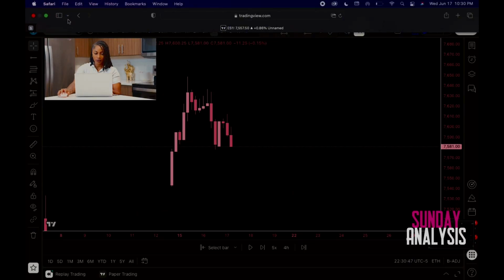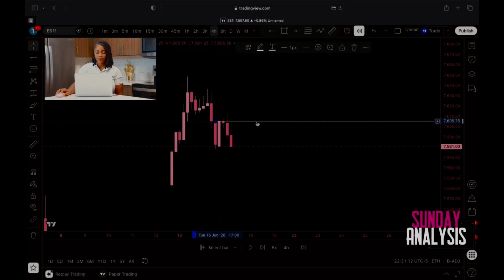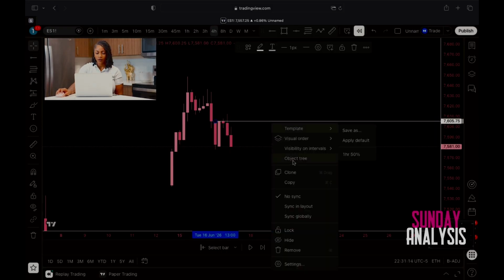So, first thing we're going to do is we are on the 4 hour. We are essentially looking at market structure to determine what our bias is going to be for the day. This is pre-market analysis. So, as you can see, we pushed up and made a high, made a higher low, a lower high, pushed down, created a lower low, pushed up, created a lower high. So at this point, you're going to mark out the most recent high and the most recent low on the 4 hour,